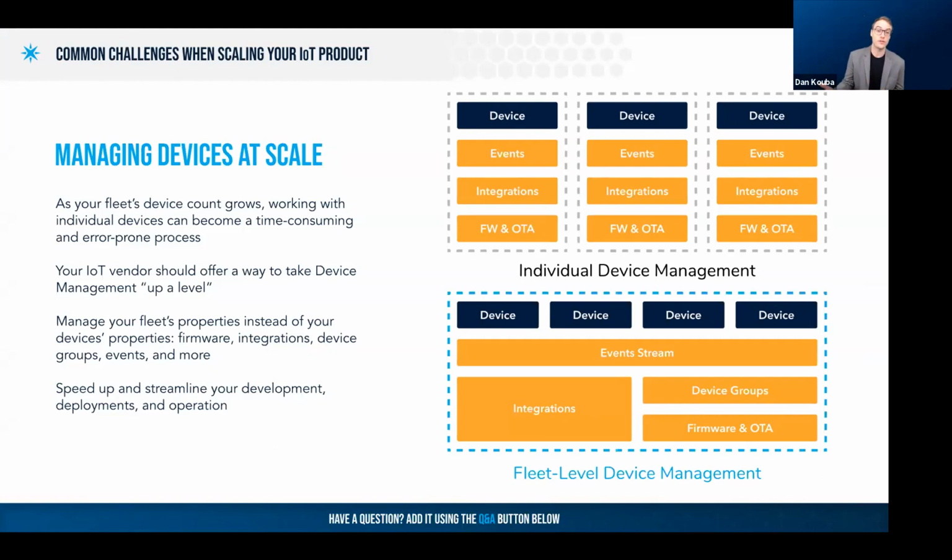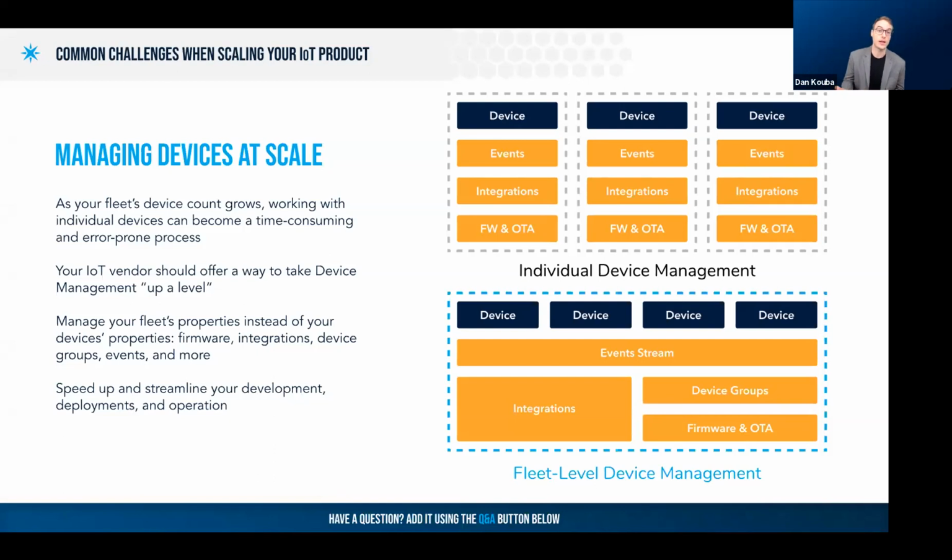However, when you go out into the field, it becomes much more difficult to manage these aspects in the same way that you might have when it's physically located next to you. You're going to lose this physical access. You're not going to be able to go out and reset the device if something goes wrong. You're potentially going to need to harmonize your firmware or any configurations that the different devices have across your entire fleet, or perhaps subsections of your fleet for different customers.